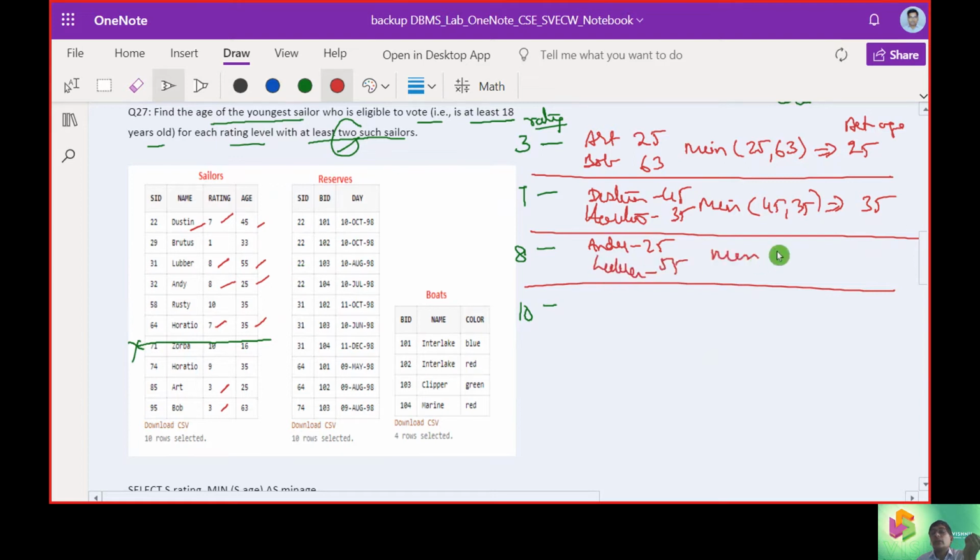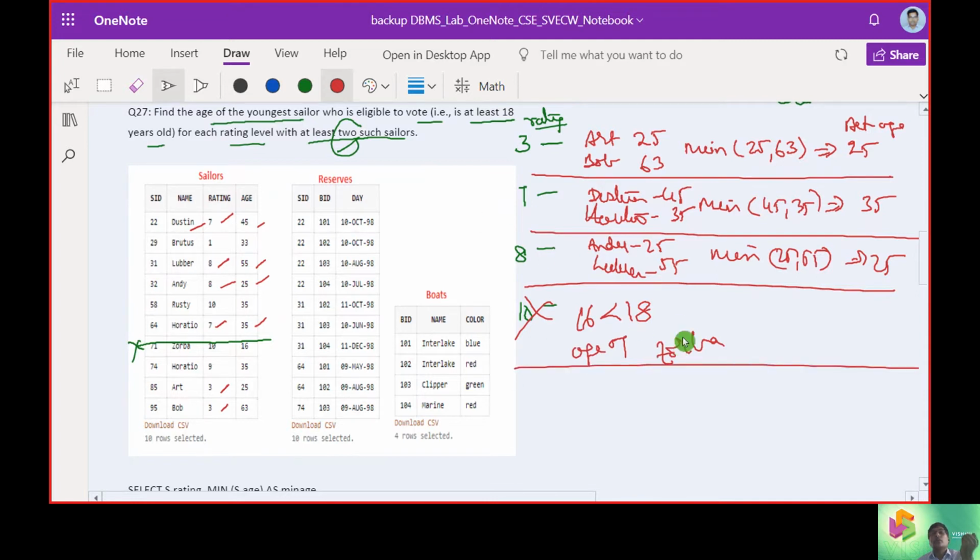Now we need to find the minimum of 25 and 55, again we'll get 25. Rating 10 we don't consider. The reason was Zorba's age is 16, which is not meeting the condition, so we don't consider it.